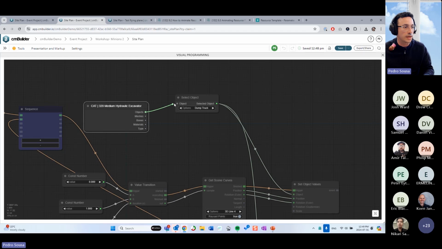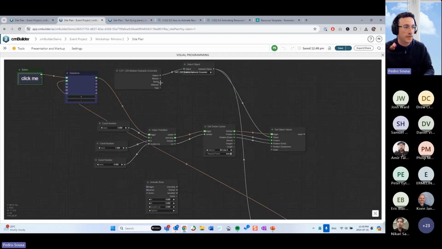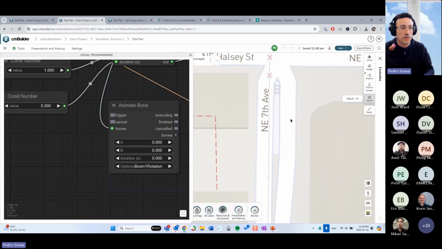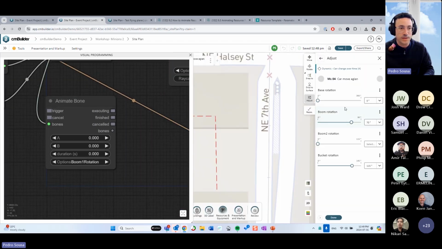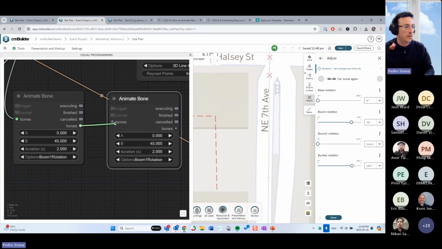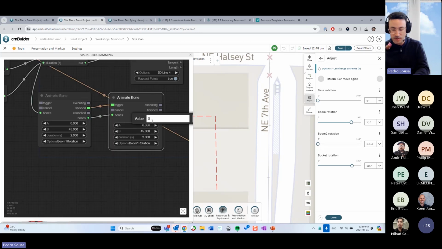So I'm going to connect the object first and then apply the excavator, but I will have this bone connected over here. And then I can have my boom rotation 1. Then let's take a look over here at the limits of my boom rotation, right? So 9, let's go to 45, and it's going to take 2 seconds. Then I'm going to clone this, and then I have bone, trigger, and then it's going to go from 45